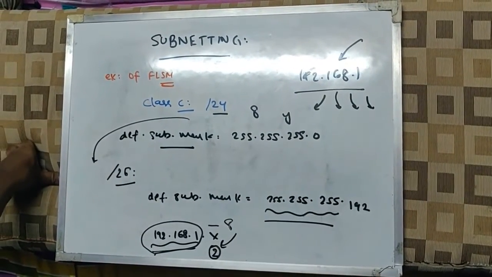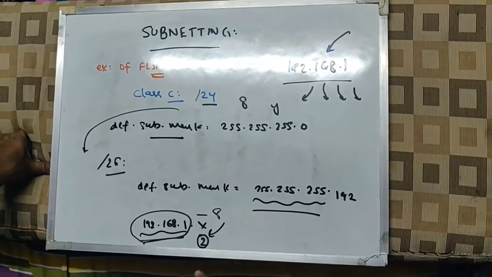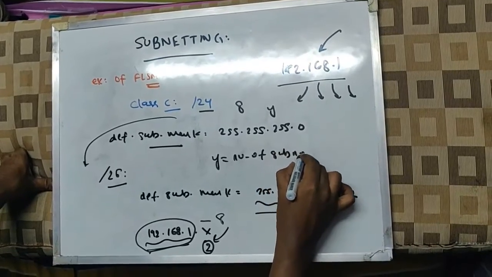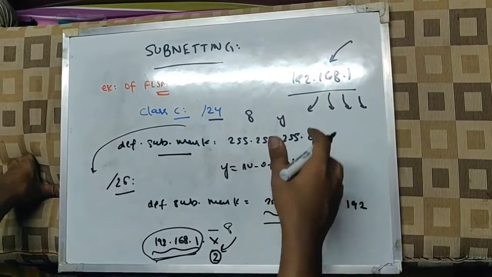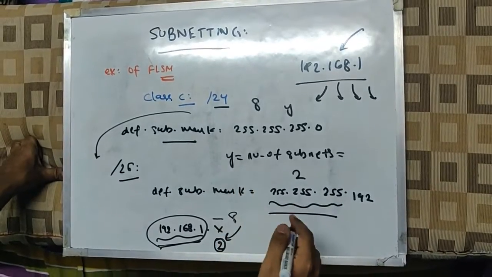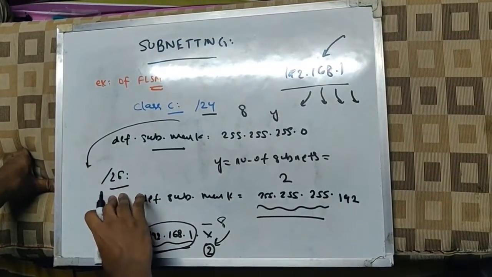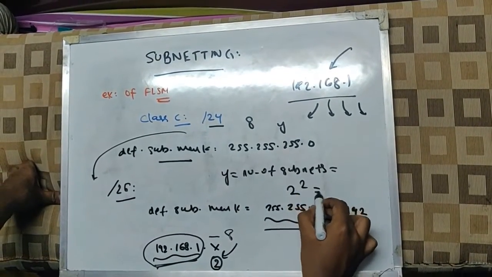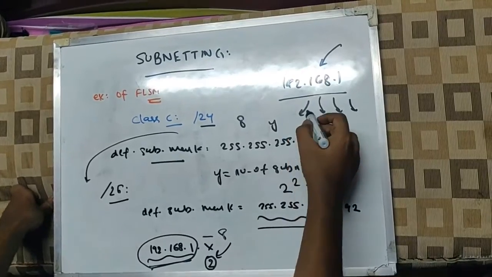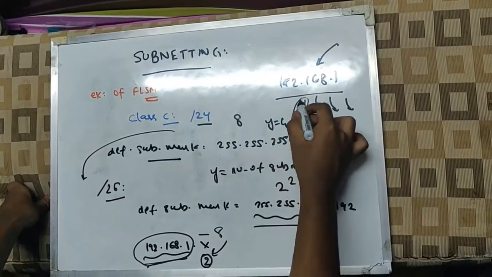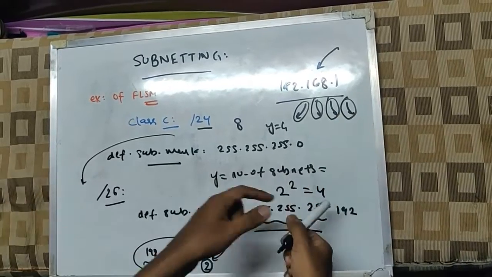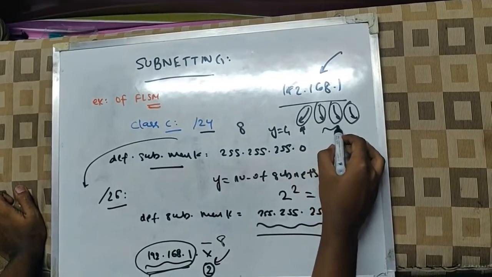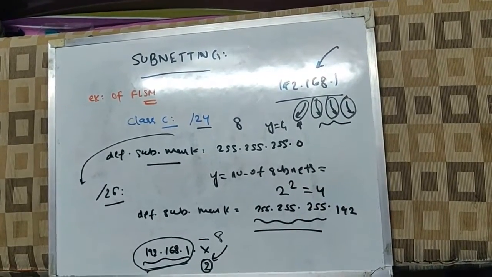Now how do I decide the number of subnets? The number of subnets possible, let's say y, equals 2 power the number of bits borrowed. The number of bits that I borrowed is simply 2, because for getting /26 I have to take out 2 bits from 8, right? So that means I'll have 2 power 2, that is 4 subnets possible. Based on that I can choose one of these 4. Now when I take 1, I'm going to eliminate 3. So like this the search time becomes very less.